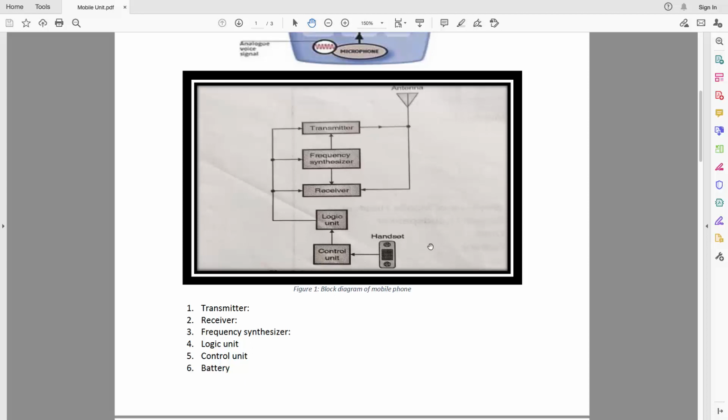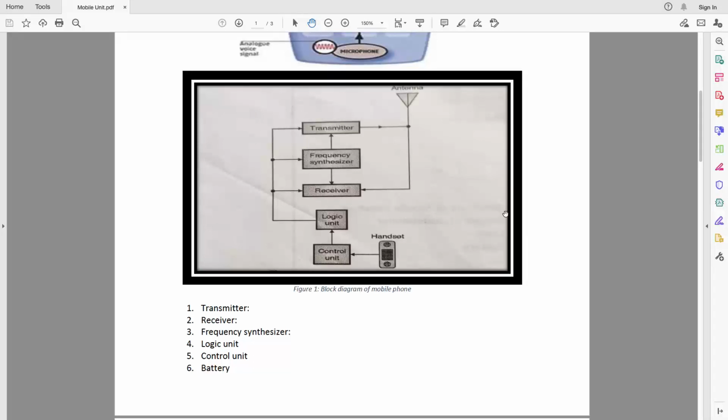Means the received signal frequency is down converted into another, smaller frequency. So what is the purpose of this down conversion? That we are not going to see here because we already have studied it in analog communication. But you should remember here that the mobile handset receiver is nothing but a super heterodyne type of receiver.